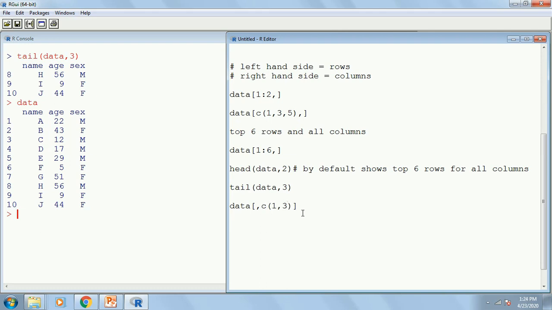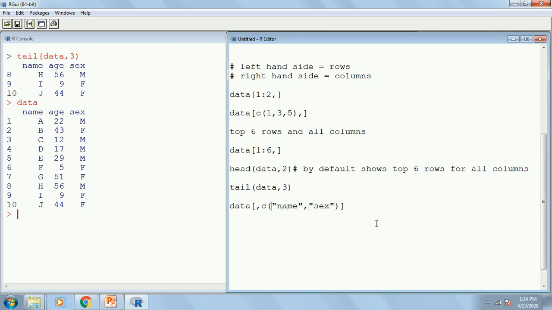That's it. But just imagine there are a huge number of columns and I do not know what is the index number for the name and sex. I know there are some columns like name and sex. I do not know whether it's the 53rd column or the 3rd column or the 5th column. I just know their name. So in that case, how do I write? I will be simply writing the names of those columns, name comma sex. The only thing is you need to put these names in inverted quotes. That's it. You do not have to put their index number.